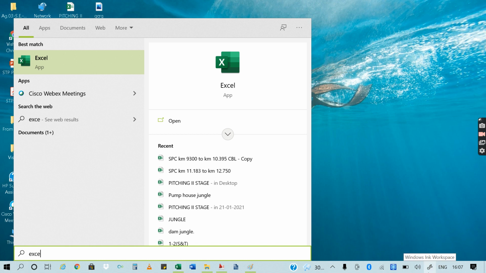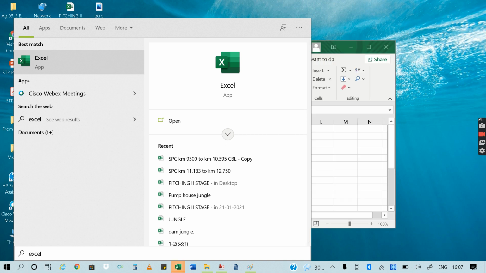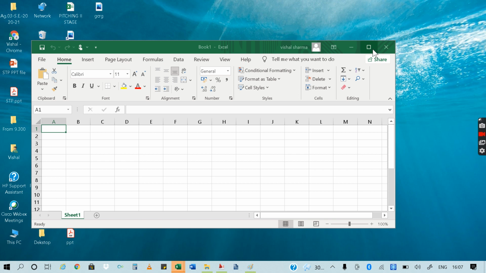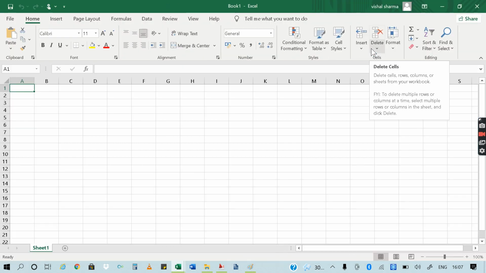search window. As I told you, I prefer to search the application if I know the name especially. So Excel directly we can open from here, from the start button, search option. Okay, so now the Excel window, this is Windows 10 and this is the Office 16. So the overview or the look or the interface, you can say, of MS Excel is like this.